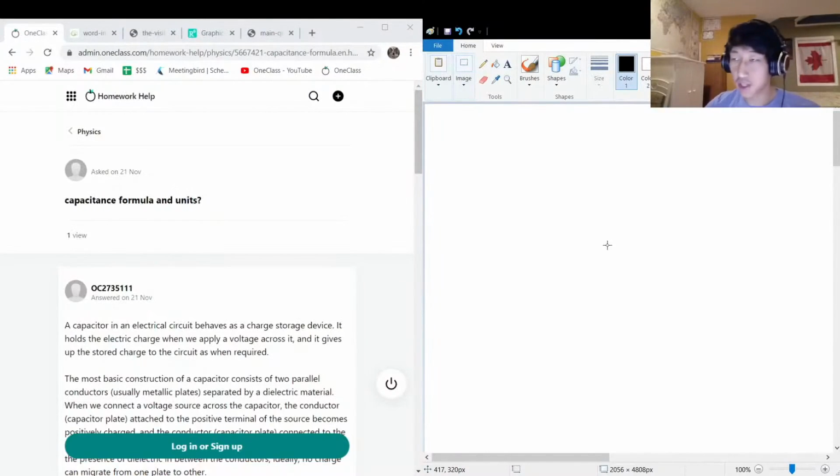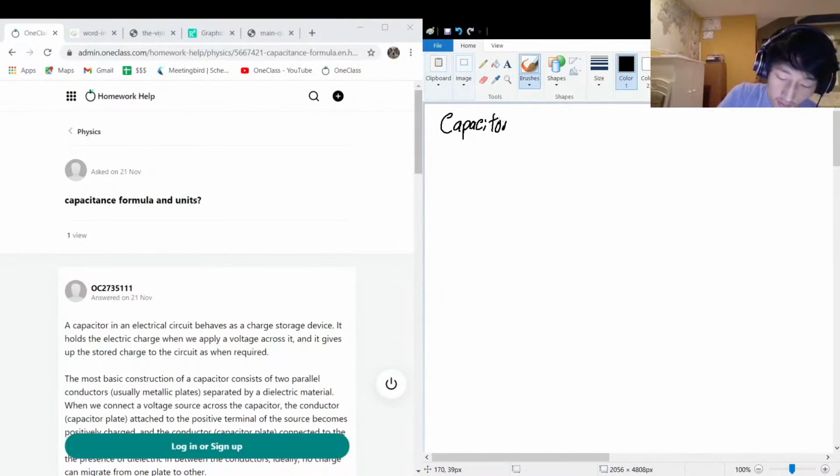The next question that we got on the menu today is about capacitance, and it's asking about the formula and units. It's kind of an open-ended question, but let's rewind for a second. Capacitance only exists when we have capacitors. Now, let's think about the word capacitors for a second. A subword that we can find in here is like capacity,